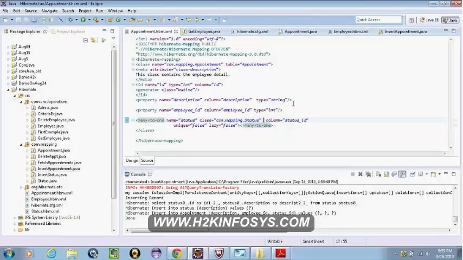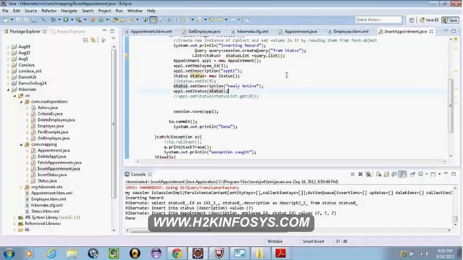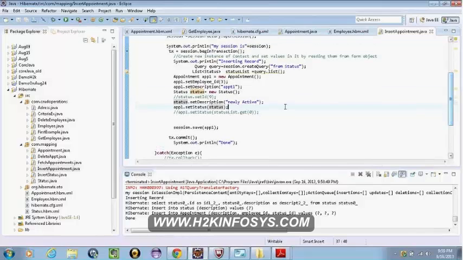Why? Because I'm not specifying that cascade level. This cascade level here means there is no association to save the child when we save the parent. That's why it gives us an error, because we have a transient object state which we are not saving.